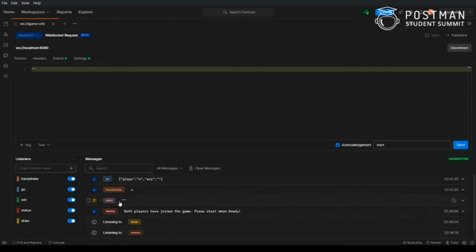And here you can see that it shows me that the data transmitted over the start event is empty, that is just double colons. And for the handshake event, it tells me that it has received O, that is not 0, that is the letter O. So it has received the text O, and on the go event it says place X, and there are no errors. So let me switch back to my browser here.